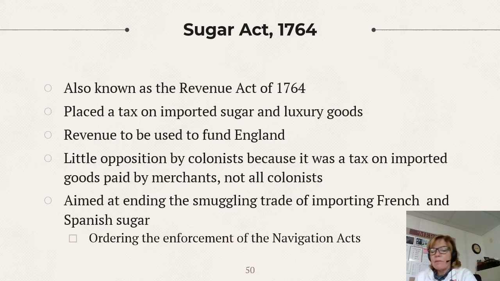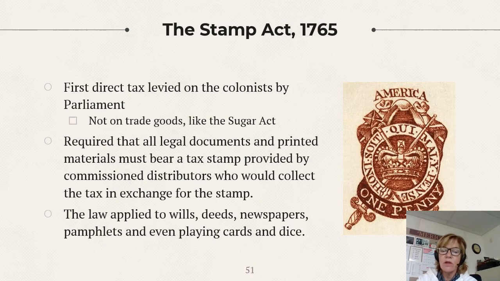Right, and then there's the Sugar Act. Now, not many people cared about this. It was aimed at a couple of things: to raise revenues and to halt the smuggling of sugar coming in from French or Spanish colonies. People didn't really mind this because it was kind of like an import tax. It was a duty on the merchants who bought this. It was considered to be a luxury good. So there wasn't much ruckus about that. People didn't really say much as a result of that. They're going to say a lot about this one, though. So, in the past, colonists are used to being taxed, but they're taxed by their colonial legislatures, right?